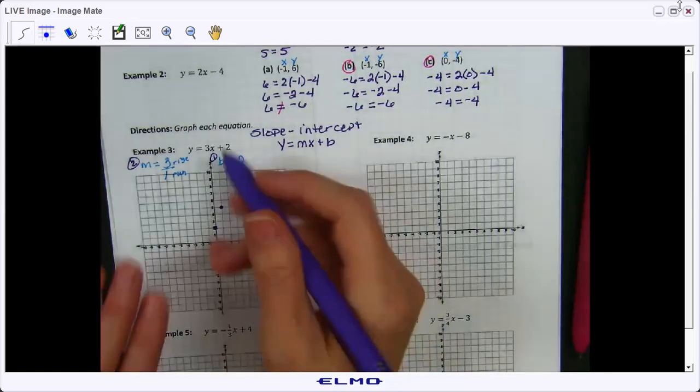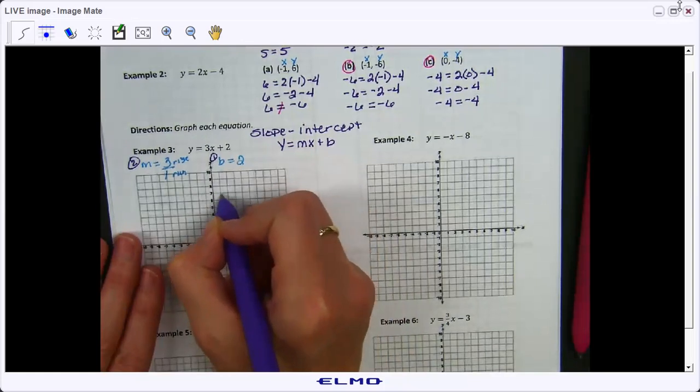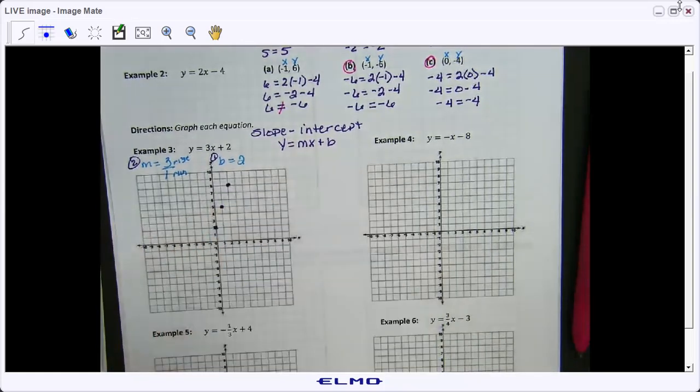Now, I'm going to do that one more time. 1, 2, 3, and over 1. Now, I do not think that most of you are used to this, because you were always taught to go a certain direction. Now I'm going to show you, if you don't already know, that you don't only have to go up, you can also go down. So even though your slope is positive,